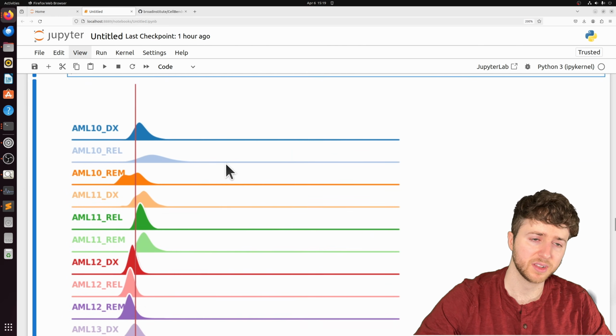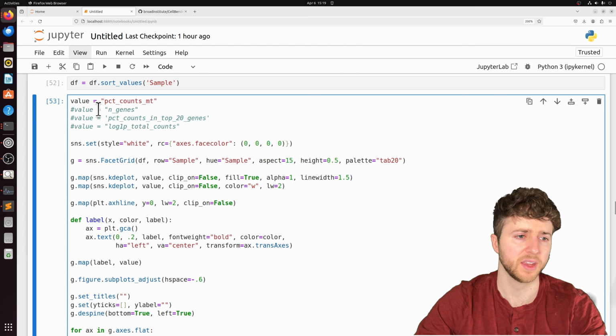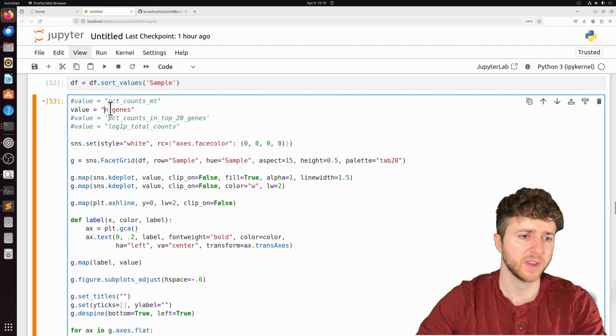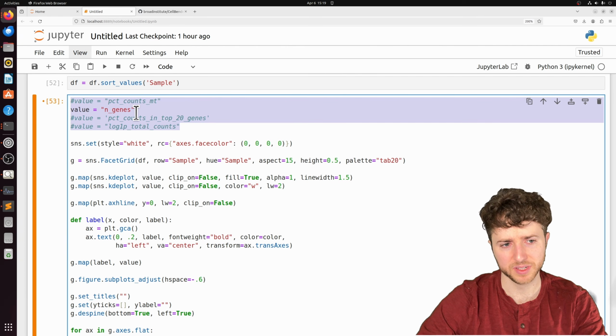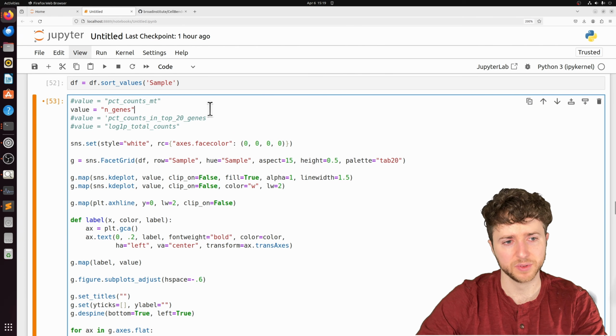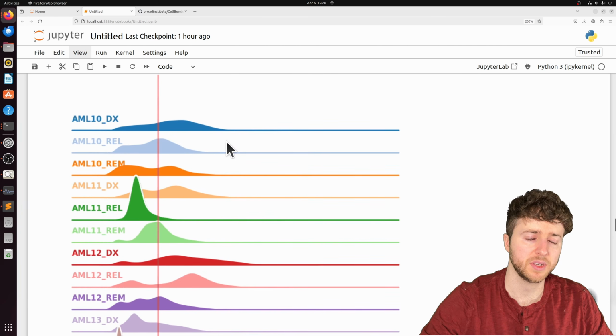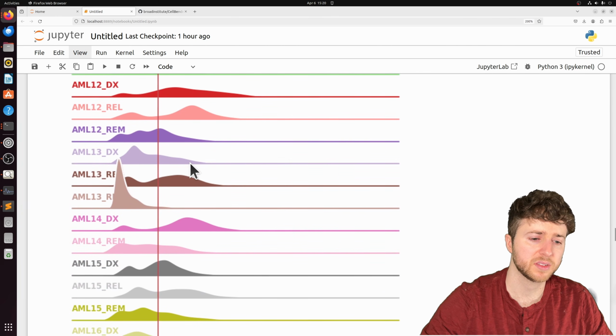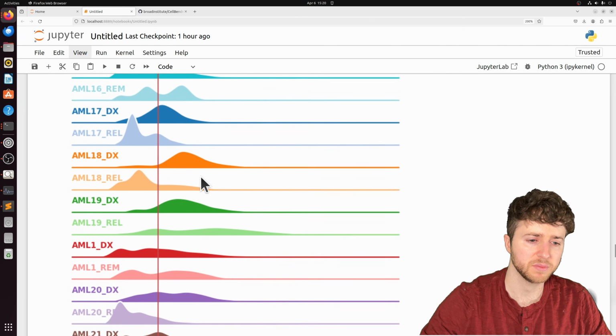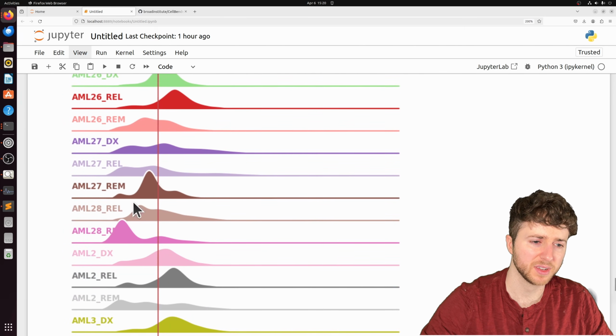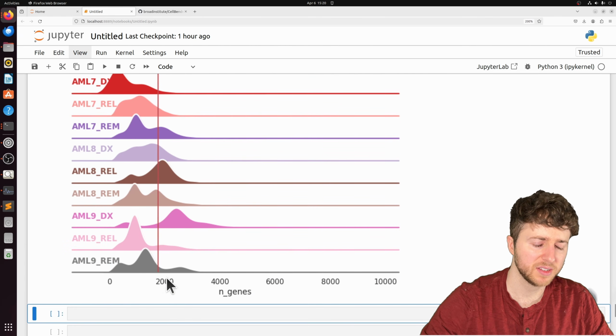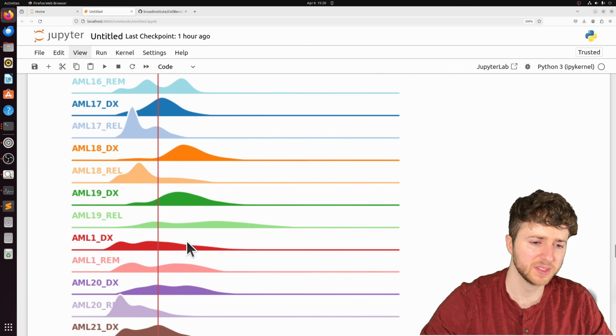You can go ahead and look at all of these different values, like the number of genes. The reason I included these is because we're going to be using these to do the filtering. So if we look at the number of genes, here we can see some of them have these multimodal distributions, which, for example, here, these might get filtered out. They might not be actual cells. But the median around 2000, there is some variation between samples.